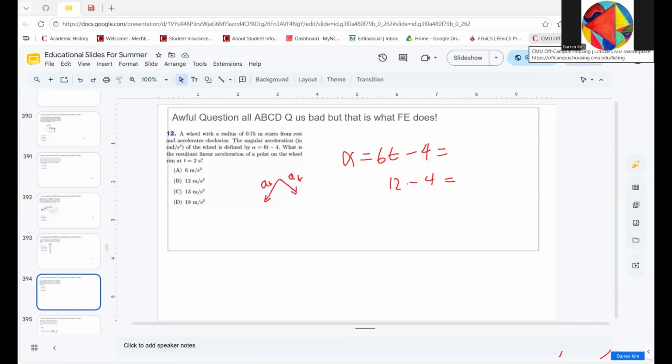Anyways, with that said, 12 minus 4 is 8, and this is radians per second. This will definitely be used. This is just telling you that there's 8 radians per second here. It really is just the angular rate, nothing more, nothing less. If I multiply this by r, this will give me AT. So 8 multiplied by 0.75 equals, with my calculator,